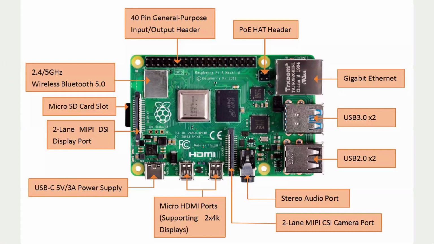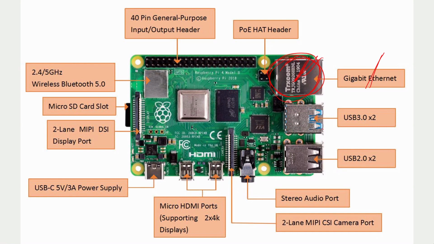This is the structure we have seen, right? You should know this, it is very important, because it shows what is there on the board of this Raspberry Pi. Here is the Ethernet port, with gigabit operation. This is the Ethernet port where you can connect your internet. Using Wi-Fi as well, you can use the internet.